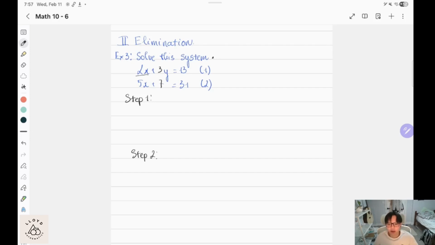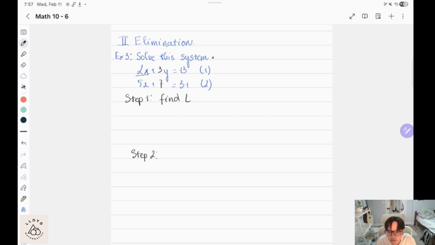Okay, let's move on to our second method to solve this system, which is elimination. Elimination here means we can eliminate one variable, like eliminate x or eliminate y from the equations, so we can solve for the other. Okay, so the first step is to find